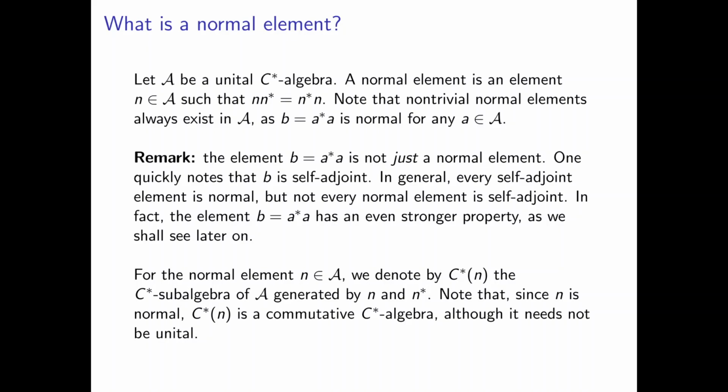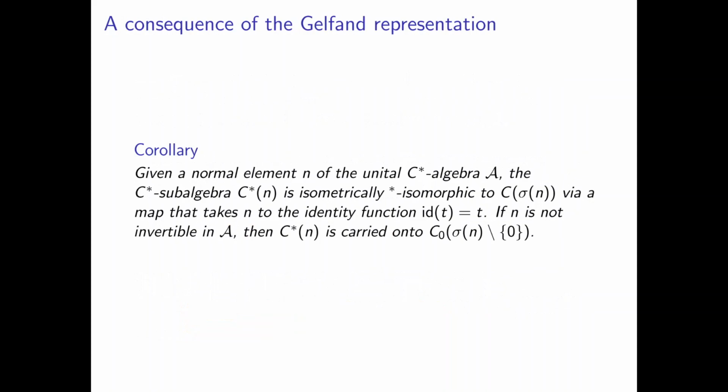So this fact that this C star subalgebra is actually commutative leads us to a consequence which gives us continuous functional calculus. And we state this as a set of corollaries. So first off, if we have a normal element n of the unital C star algebra A, then the C star subalgebra C star n, which we defined earlier as the C star subalgebra generated by n and its